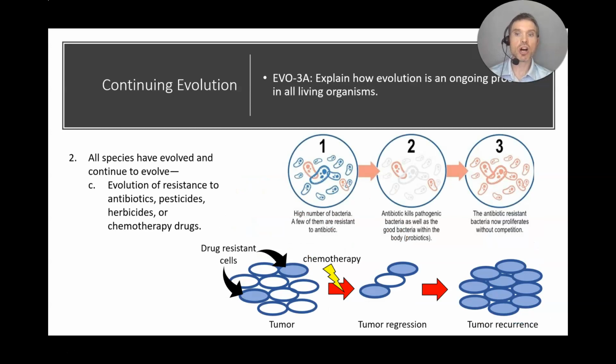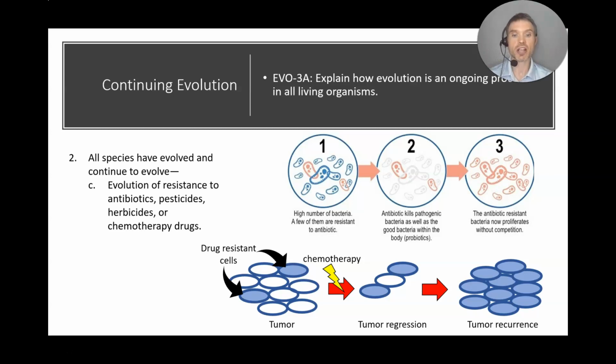Another example of this continuing evolution is the evolution of resistance to antibiotics, pesticides, herbicides, or chemotherapy drugs. In the last few presentations, I've talked about how bacteria become resistant to antibiotics, and that's shown there in the top of the slide. So rather than dwelling on that example, I'm going to talk about the example of a cancer that becomes resistant to chemotherapeutic